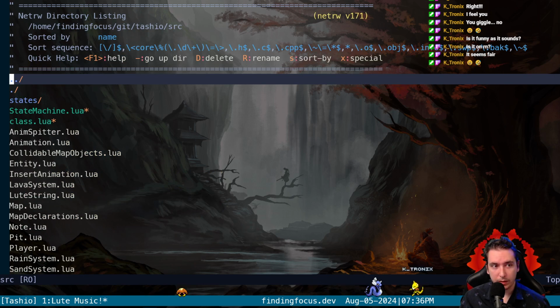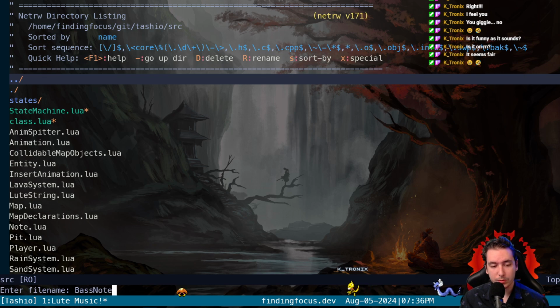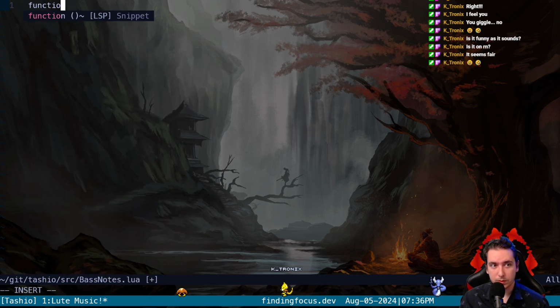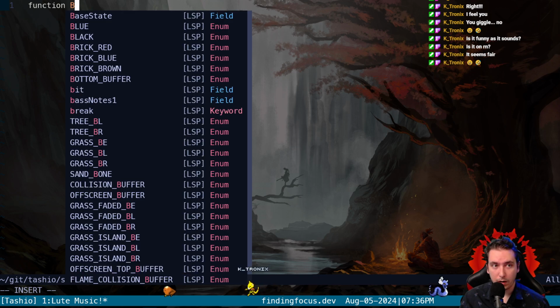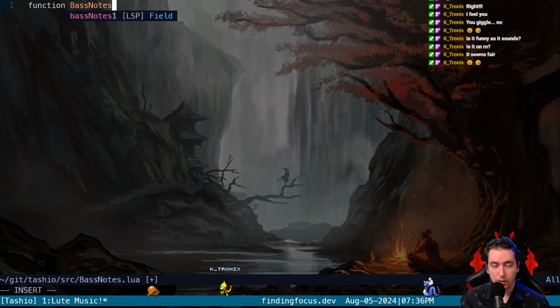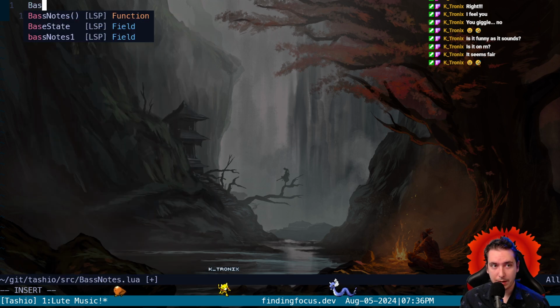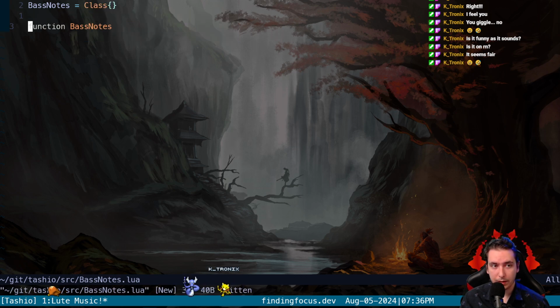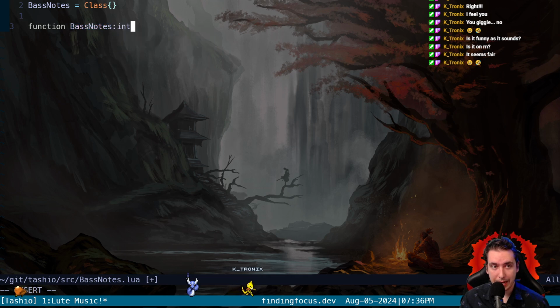And then we'll go in here and make sure we're in source, which we are, and we'll make a BassNotes.lua class, and we'll give ourselves the class here. BassNotes. We have to do one thing first, which is we have to say BassNotes gets class curly brace. That's how we get our class library, and then we need an init function,